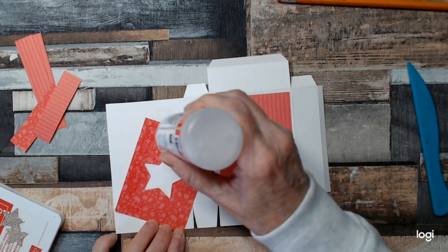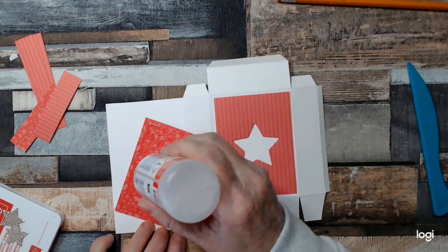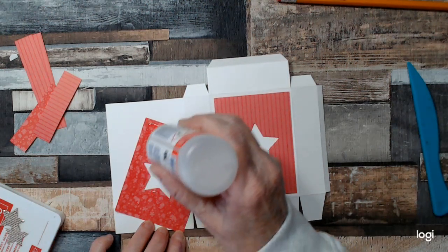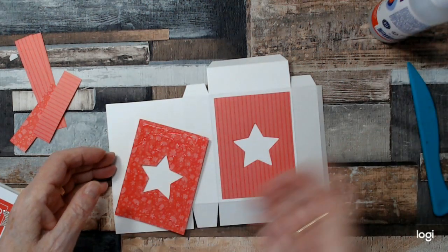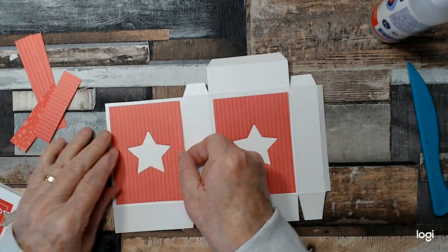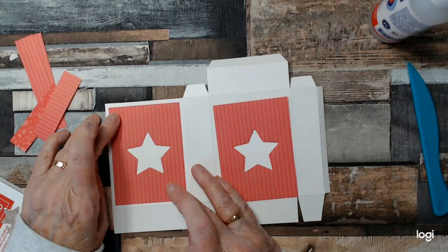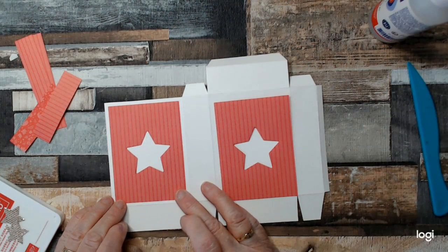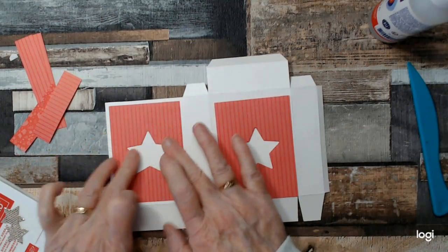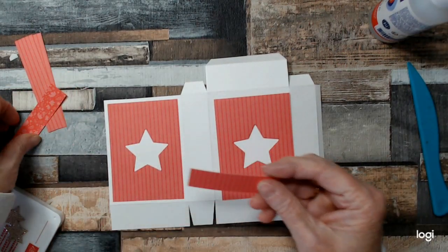And this one is a more adult one anyway, so try and just get in right around the edges there without going over. And it doesn't matter with the stripes up or down, it'll work both ways. Just make sure you're in the center. And just make sure they're all nice and flat. So I'm going to do the same to this one, and for your other bits you need a piece for